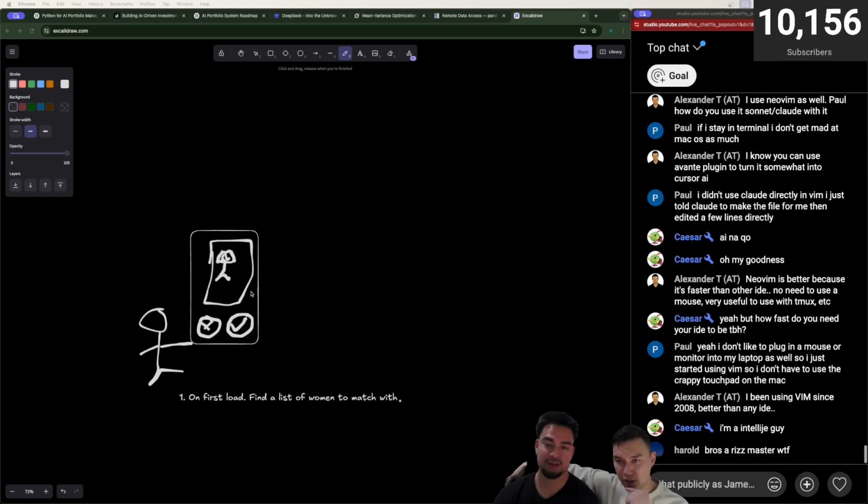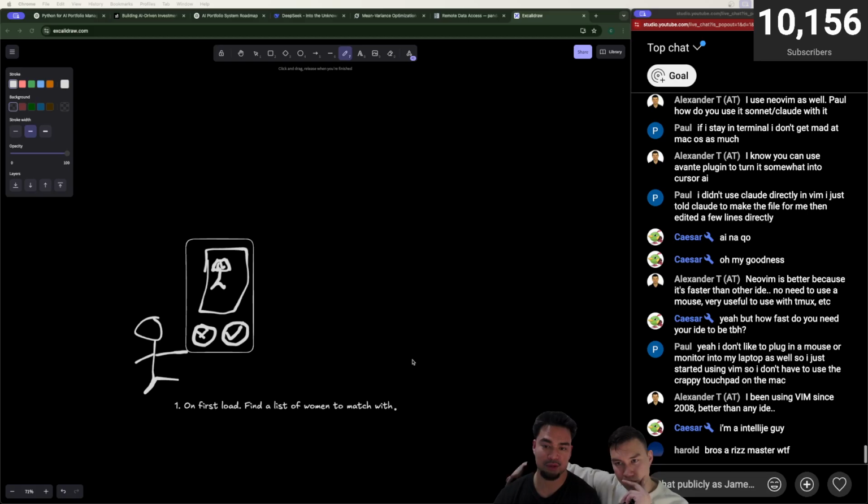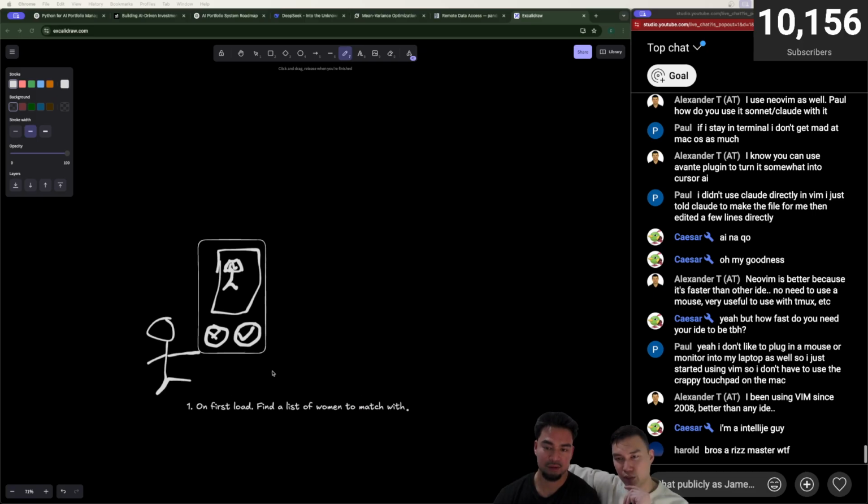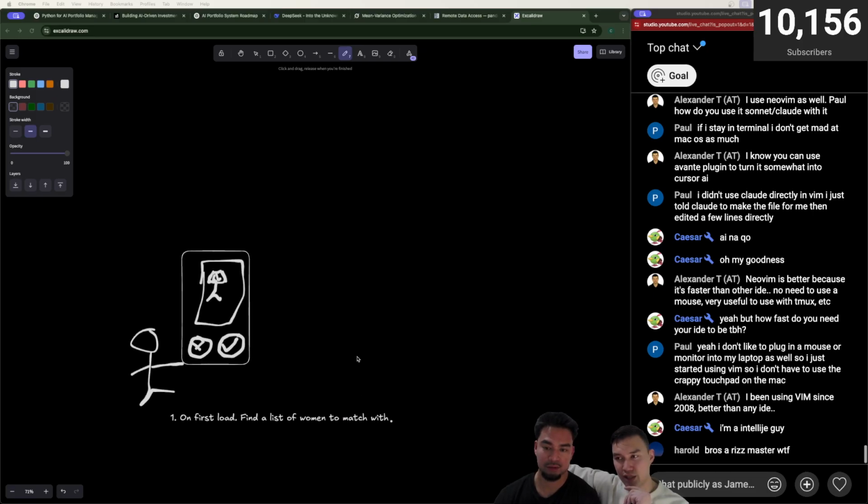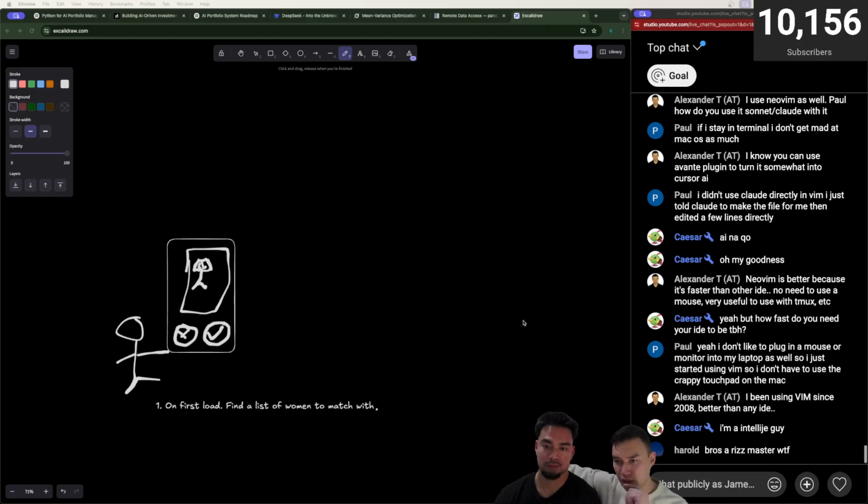Okay, so what I'm trying to get a sense of here is what you know about the internet and how it all works, so I can get to servers, right? Would there be some interface that connects with the backend, that database, and then retrieves it and brings it back onto the screen? Like on first load, how am I going to find a list of women to match with?